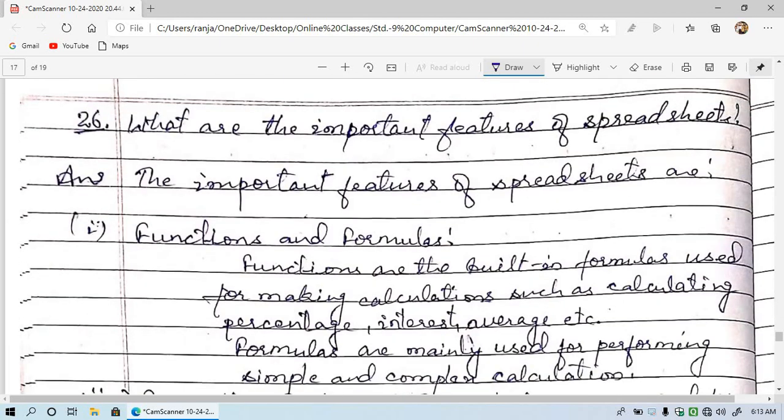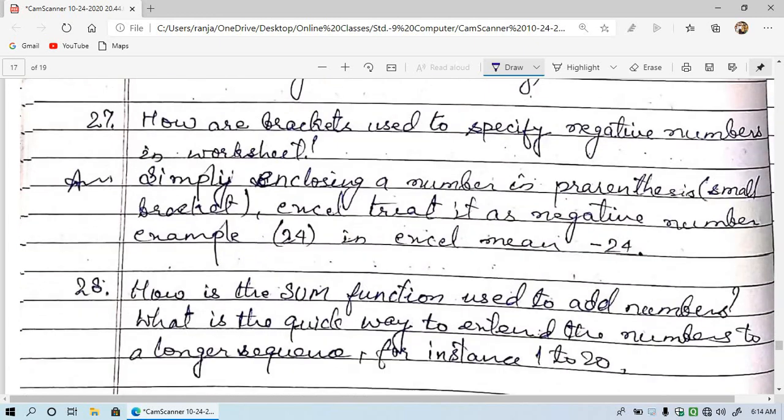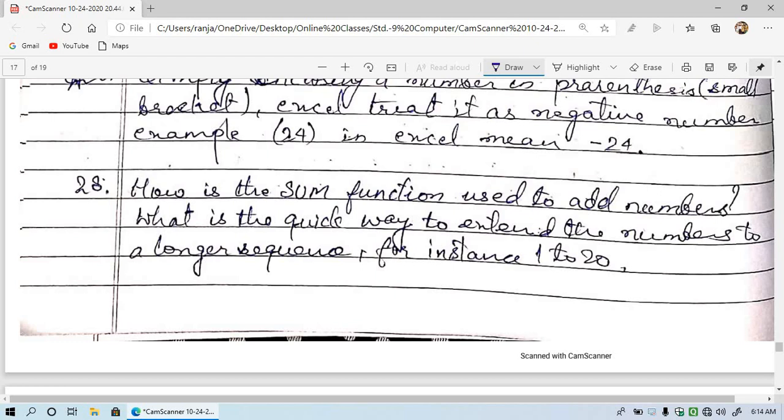Then question number 26, what are the important features of spreadsheets? Then 27, how are brackets used to specify negative numbers in worksheet? Then 28, how is the sum function used to add numbers?